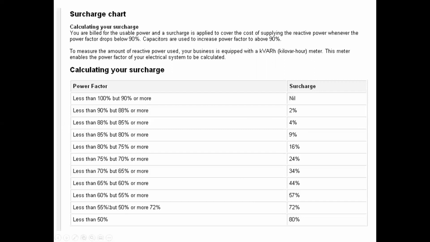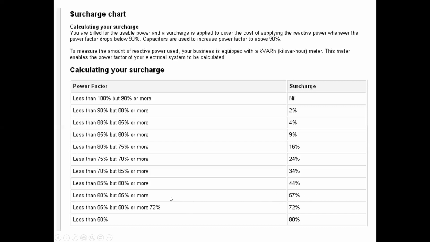What if you have a really poor power factor, though? Let's say you're down here. You have a power factor that's in, and you'll notice power factor is sometimes given as a percent or a decimal. But let's say you're operating at 60% power factor and 57% is your surcharge. Well, let's go to the same example. You have $200 that you've paid for your consumption of power. 200 times 57% is $114. Add that to your 200. Guess what? If you're this consumer down here, you've just paid